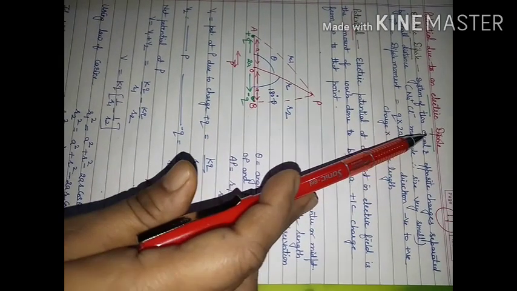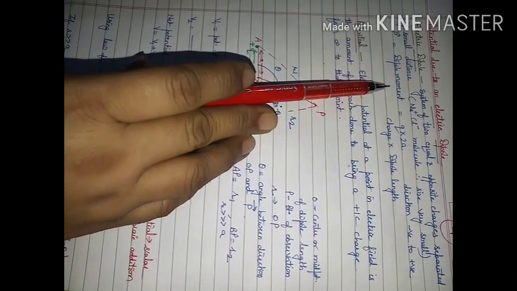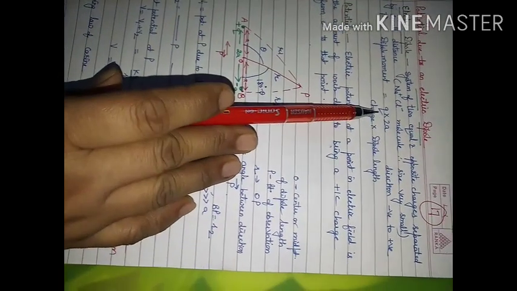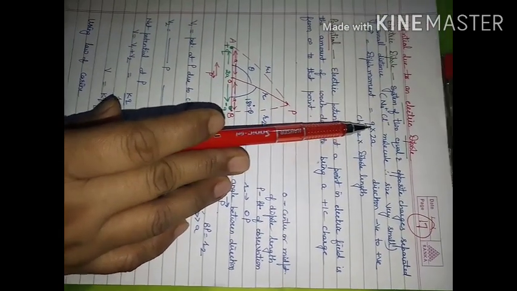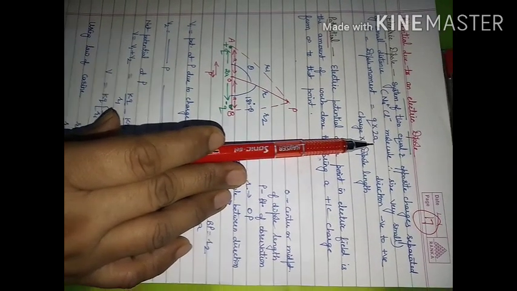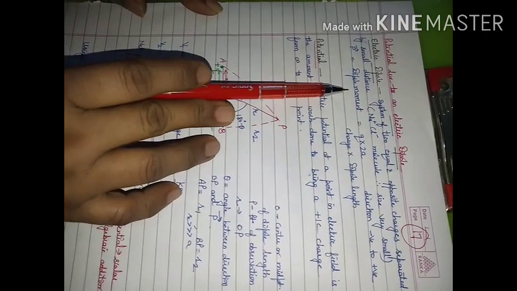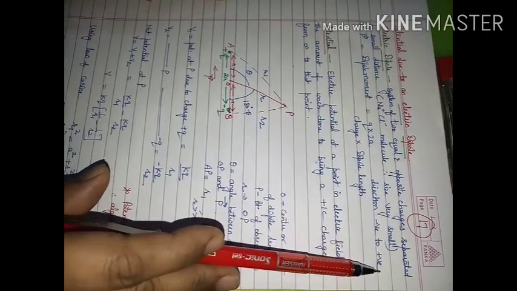And with this we have considered one more quantity that is known as dipole moment, and its magnitude is given by the product of either charge multiplied by the dipole length. And what was dipole length? Separation between positive and negative charges. Direction of dipole moment was from negative to positive.